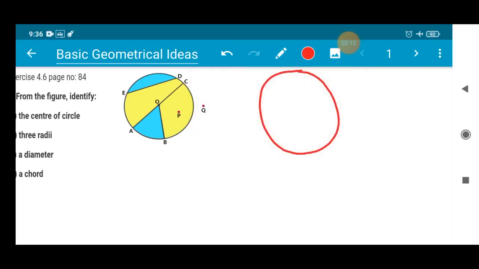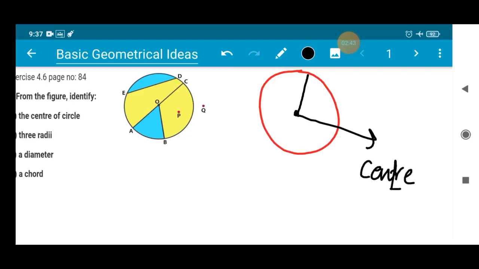First and foremost, what is present in the circle is the center. Without a center there is no circle. When you were in class 4, I taught most of the students to make a circle with the help of a compass, or with the help of a bangle. With the help of a compass, the center was there, and with a certain radius value you made a circle like this, right? You may have 4 centimeters, you may have 5 centimeters. So the first and foremost thing is that you need to have a center.